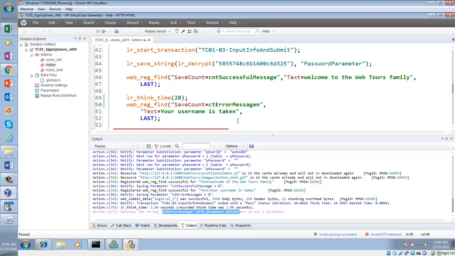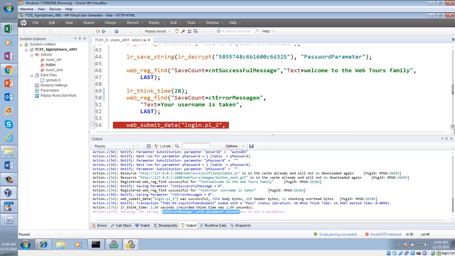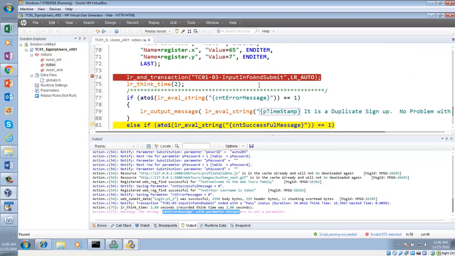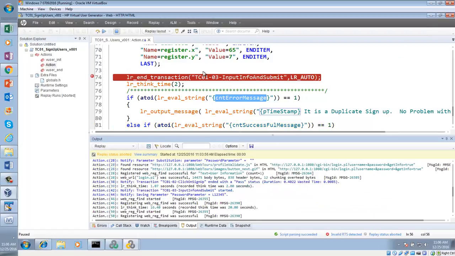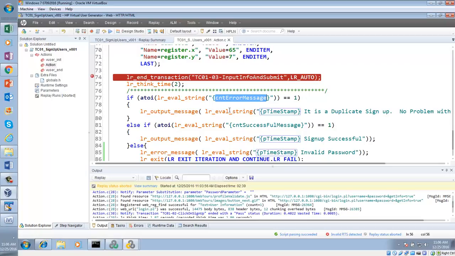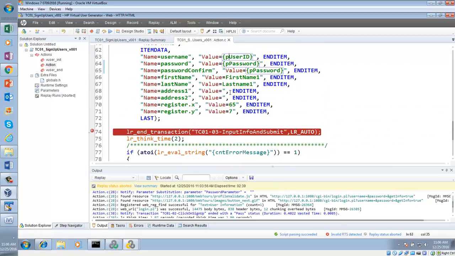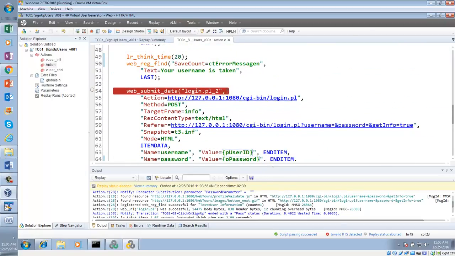When I am trying to use CNT error message in line number 77, it is saying that CNT error message is not a parameter, because I have captured a parameter that is CT error message. So I will have to go there and change it. Now instead of this I am going to put the correct name. Now let me execute it.